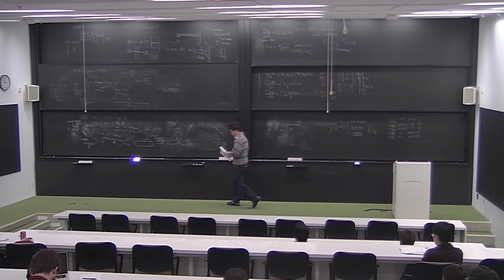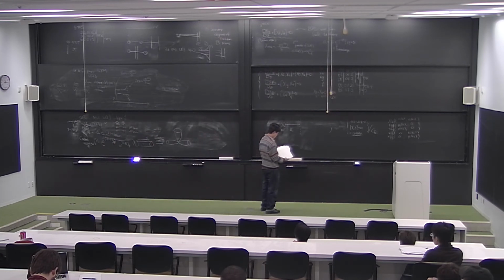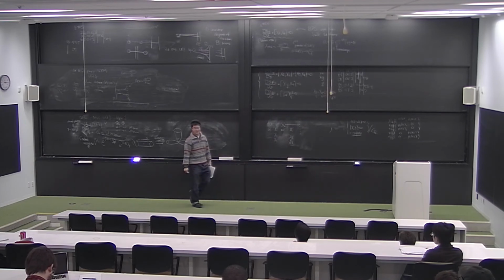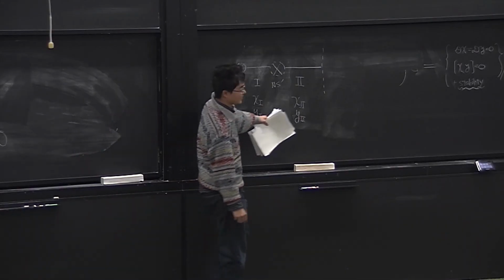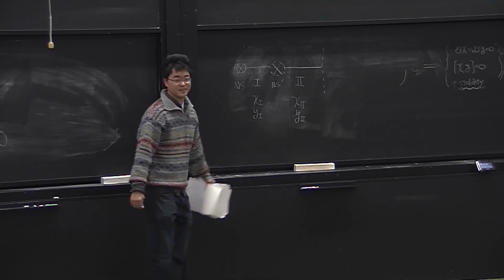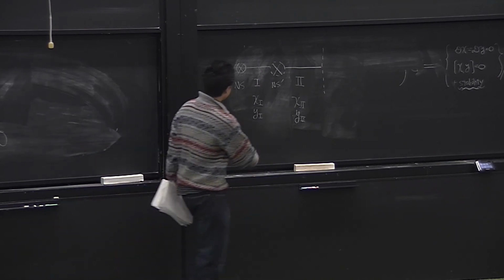And here we have the boundary condition from NS5 and D5. So I should discuss the boundary conditions there. So in each of the regions, there is a 1 by 1 matrix. So let's call this x1, x2, y1, y2. These are 1 by 1 matrices. If you do more complicated ones, they become n by n matrices. But in this case, it's really a number. And now on this NS5 end,